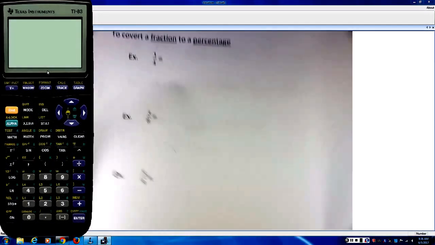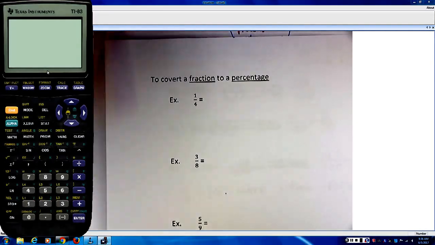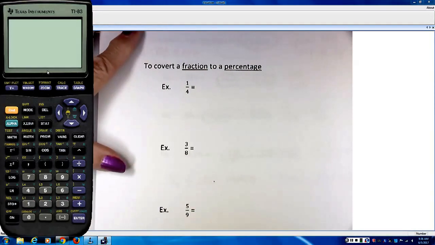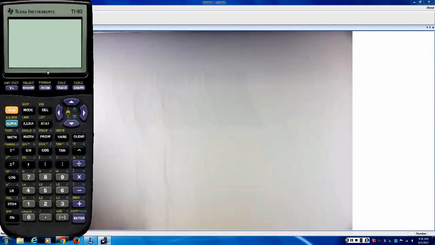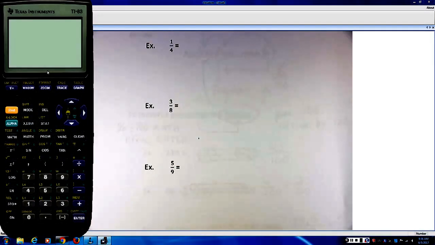Now, I recorded this, so you're going to be able to go back to it. Now, fraction to a percent, we're not going to use any memory tricks. We're going to use a graphing calculator because it knows how to do this, and it does it for us really nicely. To convert from a fraction to a percent,